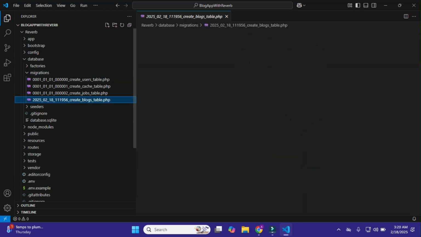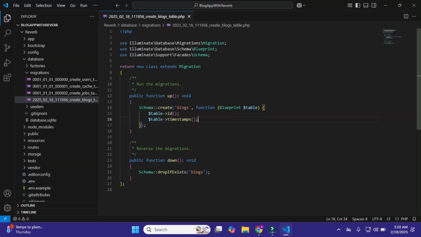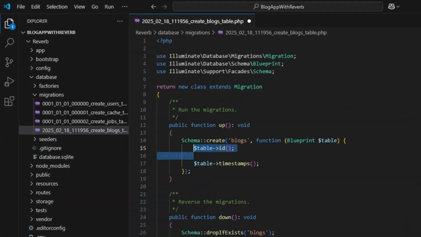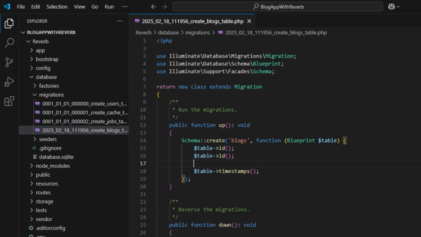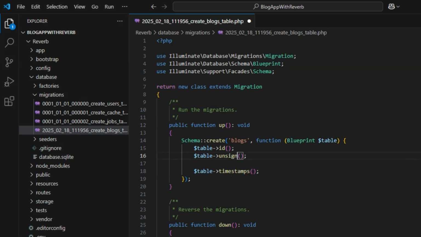Okay, and just go to the blocks table and modify and edit it to make sure what columns we need in it. I'll copy it, paste it here, and it is unsigned big integer. Okay, and within it I'll pass here user ID.